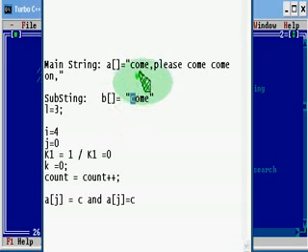Then this P is checked with C, because we are not going to increment j. j will be the same until we have equality between the ith character of the A string and the jth character of the B string. So it will keep on moving, and when it reaches here, at the time of comparison between this character and this character, both the characters